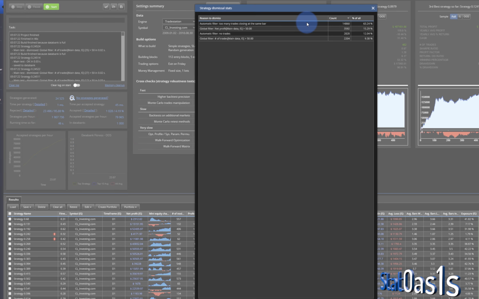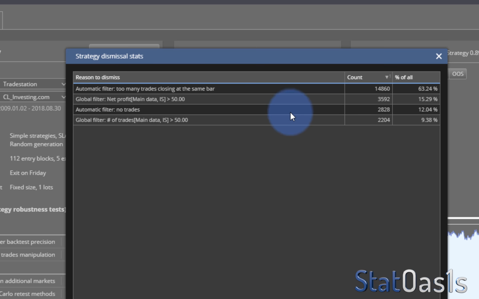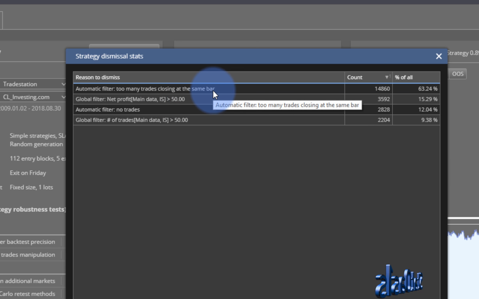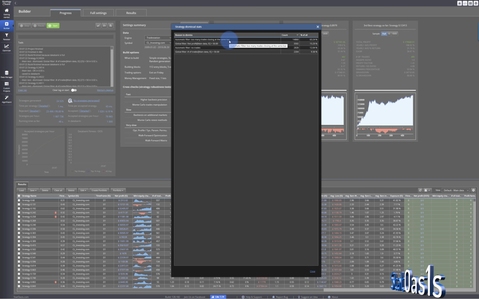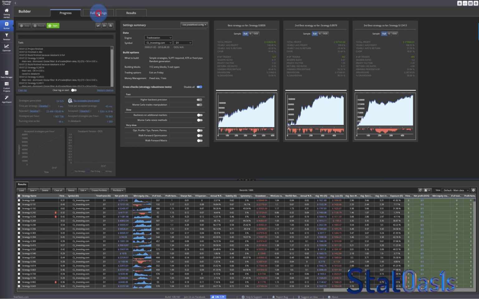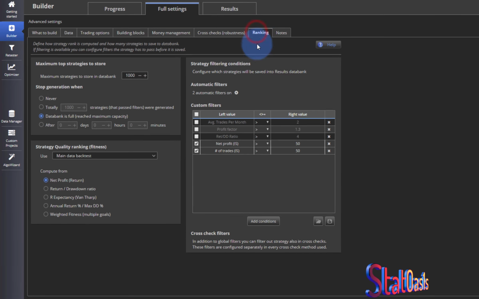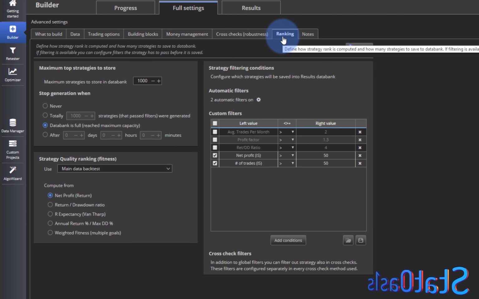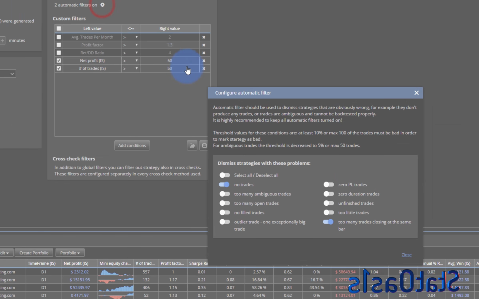So to generate 1,000 strategies, we had to reject all these. And you can see that 63%, which is a huge chunk, was rejected because of too many trades closing at the same bar. Okay, this rejection comes from this filter. So if you go to full settings, ranking, and in this filter,